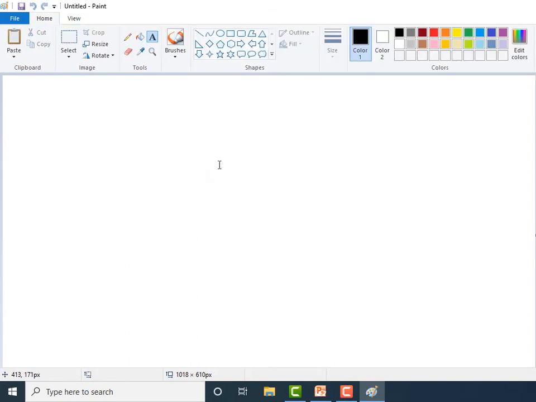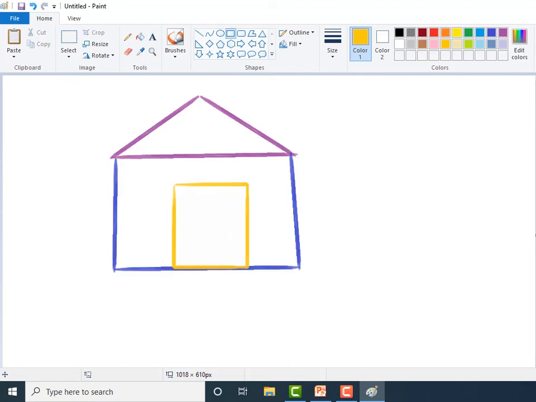Now we will see how to use magnifier tool. Children, this is the magnifier tool icon. The magnifier tool is used to zoom in or zoom out on a part of a picture. First, you have to draw the picture. I will draw a picture first. What is the use of magnifier tool, children? The magnifier tool is used to zoom in or zoom out on a part of a picture. To zoom in or out on a part of a picture, let us see the steps.